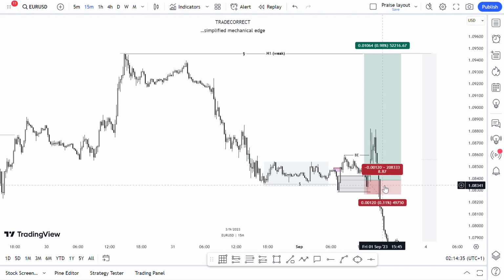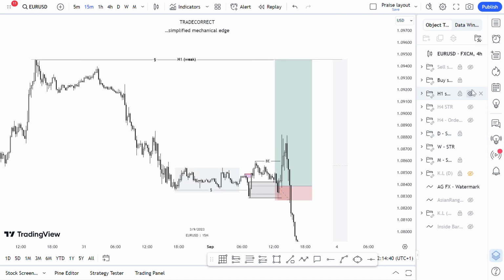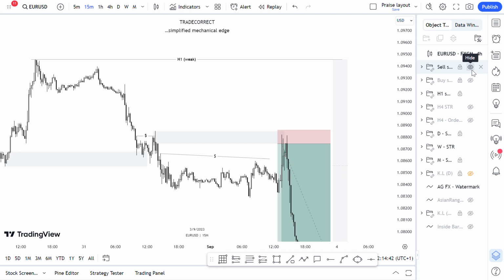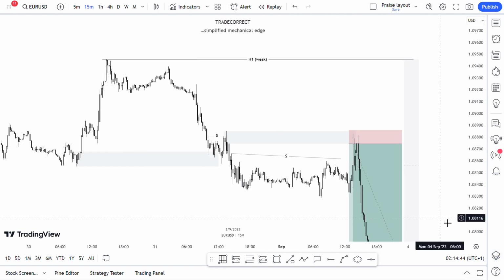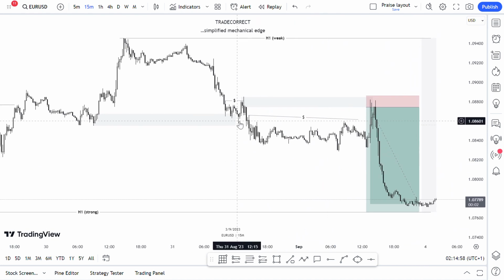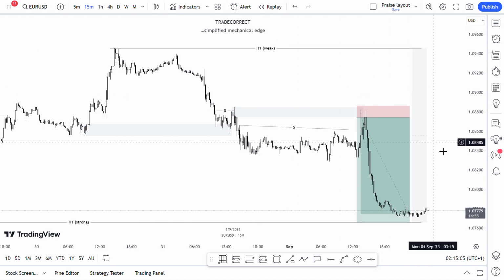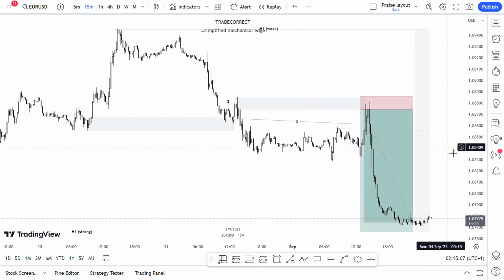So I had this buy signal, and I also had a sell signal. But the reason why I didn't send the sell signal to the Telegram group was because it was against structure and against order flow. These are the kind of setups that I like to take on my own. I prefer to keep them to myself, just because they are against structure,